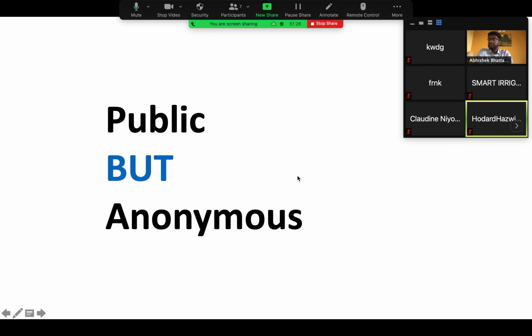One important concept here is that a blockchain is public. If it's a public blockchain, we will take a look at blockchains which are not public. Very important for you, again I'm reiterating. There are blockchains which are public, but everything is anonymous. Now that is the whole point. People believe that when I make anything public, people will know that I am the person doing it. That is the beauty of blockchain network, that anything that you do, even though that might be public, but that